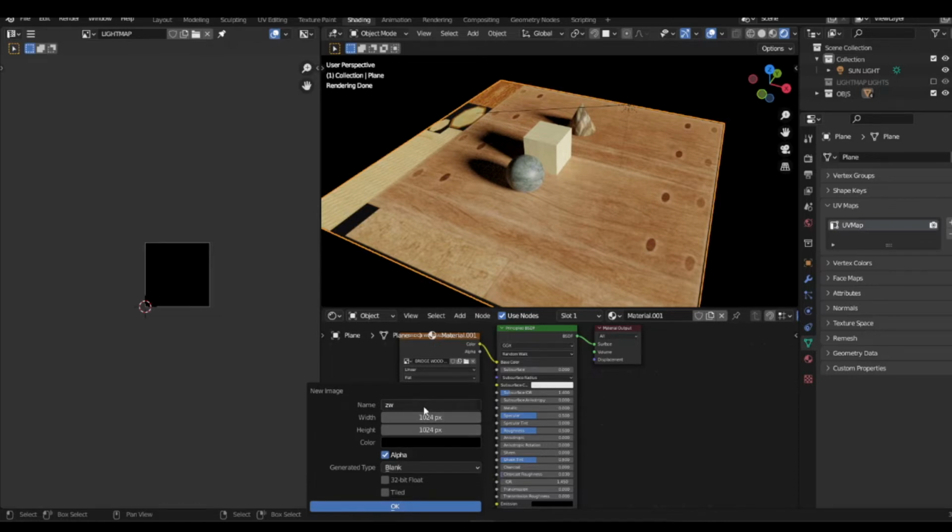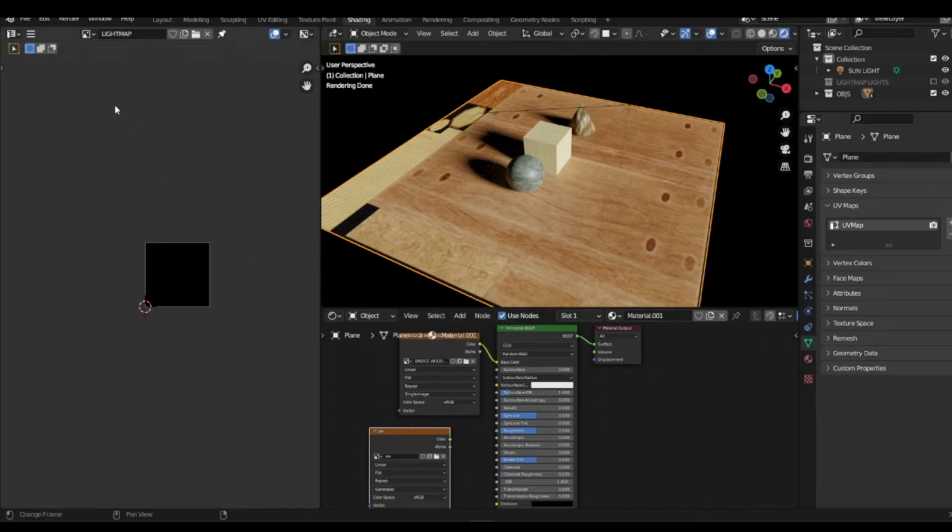And then the width and height, this is determined by your baking needs for your map. They have to be in powers of 2. You can have the width and height different, so like your width can be 4096, which is 4K, and your height be 2048. But for this example, I'm just going to keep it 1024 by 1024. Alpha, I like to have it on just so I can see where things are. Some people don't. Hit OK,